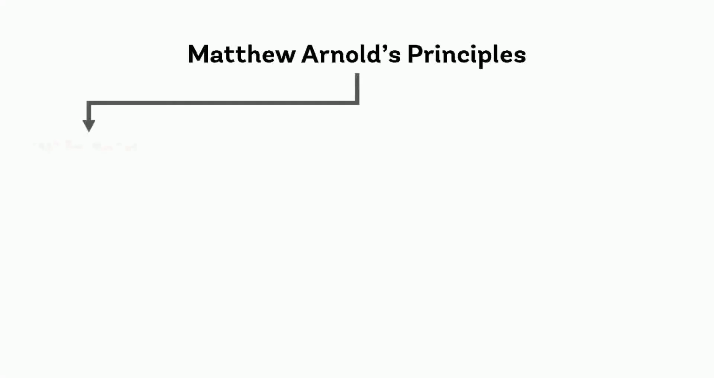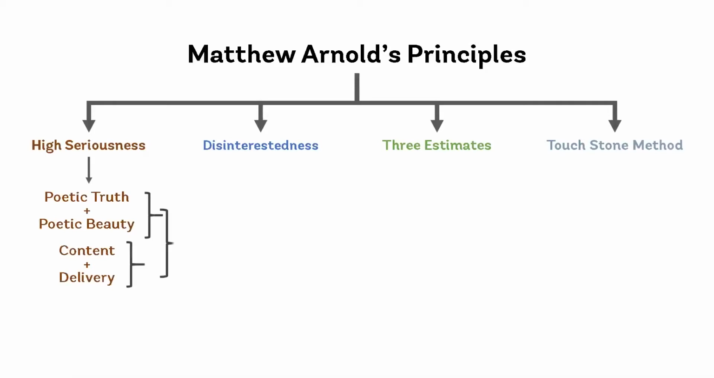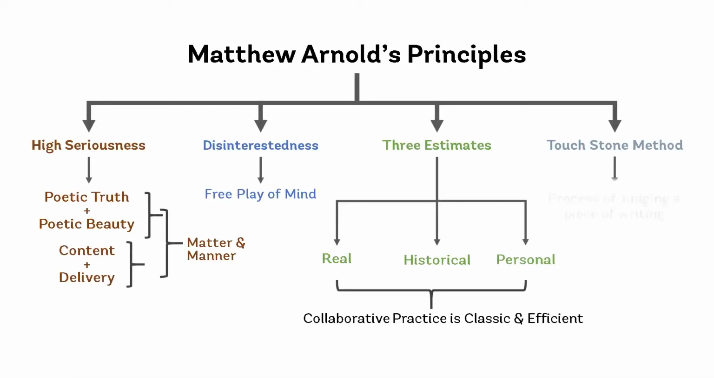Matthew Arnold's four principles of poetic criticism: high seriousness, where poetic truth and poetic beauty stand for matter and manner. In learning, content and delivery stand for it. The act of criticism concerns curiosity and disinterestedness. The teacher will be disinterested in some sense that ends in perfection in doing, and will be uninfluenced by the